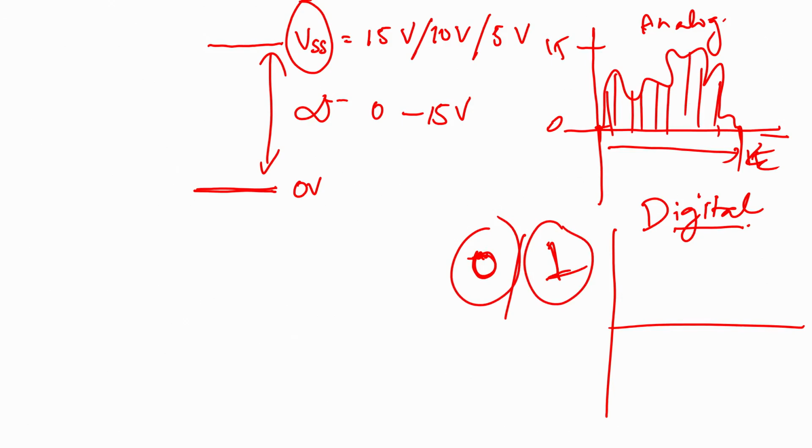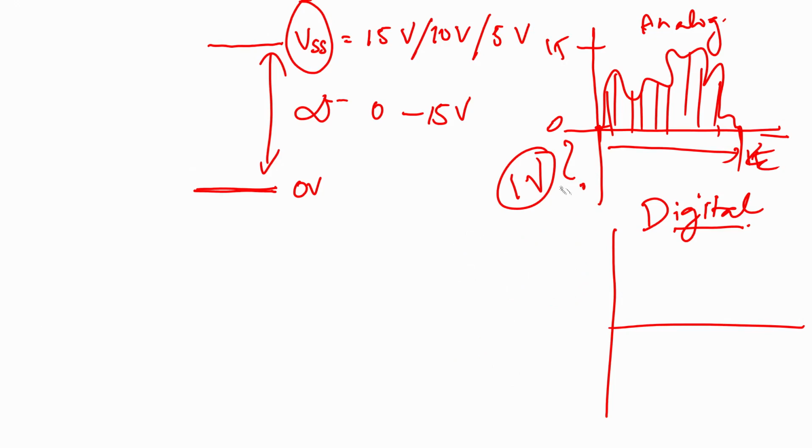But then what does 1 mean? Does 1 mean that it is 1 volt? No, it does not mean that. And 0 also may not necessarily mean 0 volt. It depends on what thresholds you set. This is something that you should understand fundamentally before you even look at what digital to analog conversion and analog to digital conversion is.